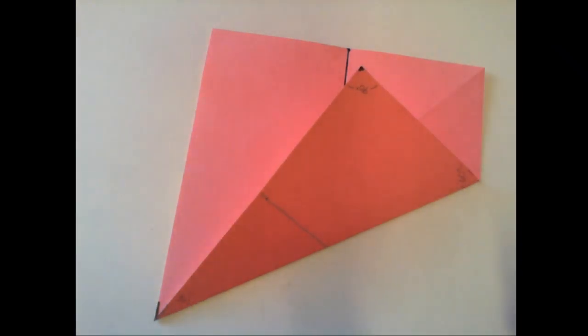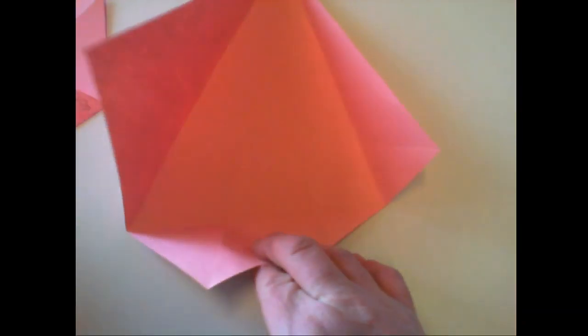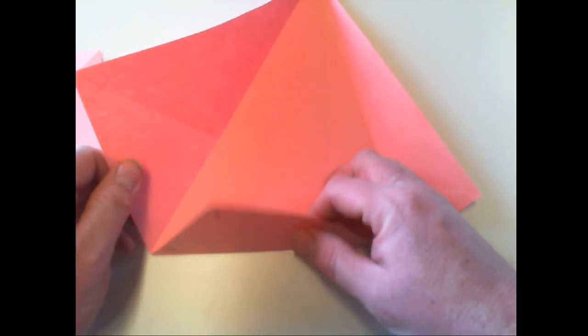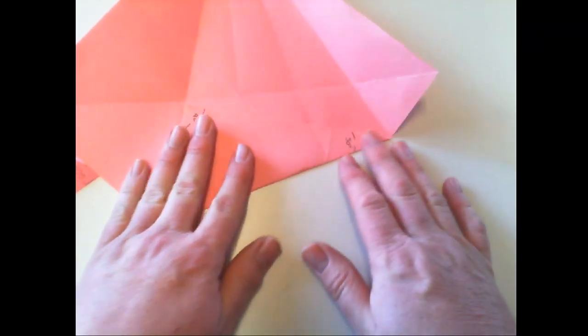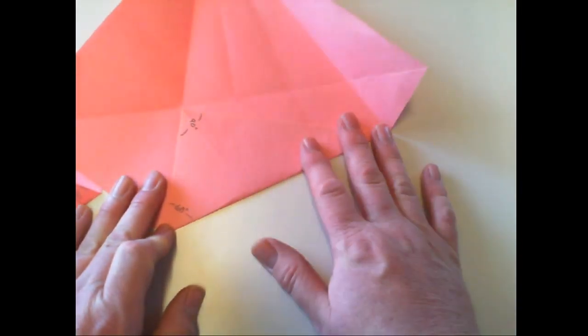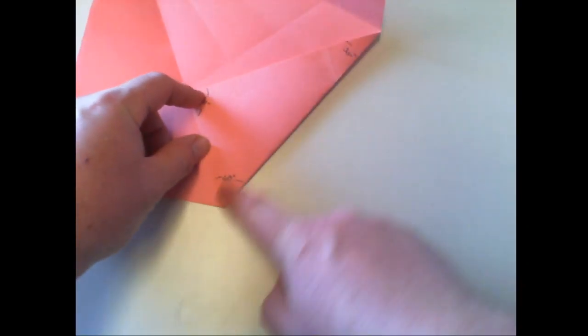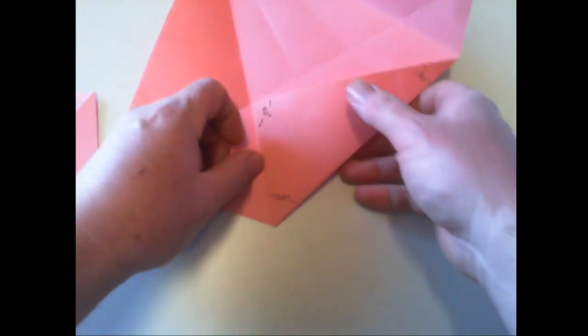That is our 45. So to get the 45, as we look at this one, so we've just done that fold, okay? And what we're going to do is we're going to bring up this fold just to kind of get this piece of paper really out of the way, okay? And it also makes a 30, 60, 90 on this part of the paper. So,